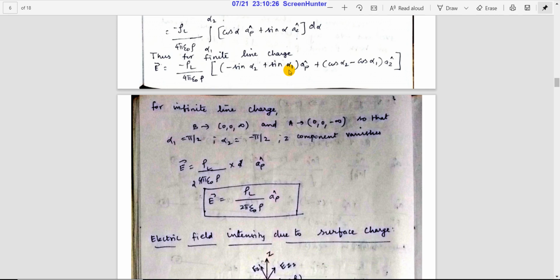If you substitute these two values, then this answer will be coming as 2. Why? Because sin pi by 2 is 1, here also sin pi by 2 is going to be 1. What is cos pi by 2? Cos pi by 2 is 0. So this term is going to be 0. So here the term will be coming as